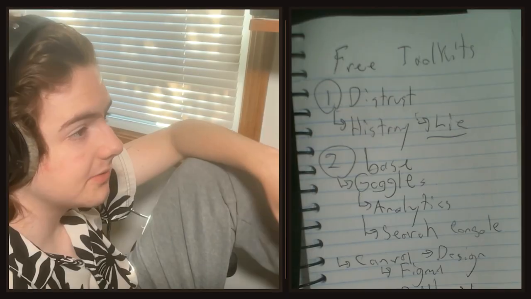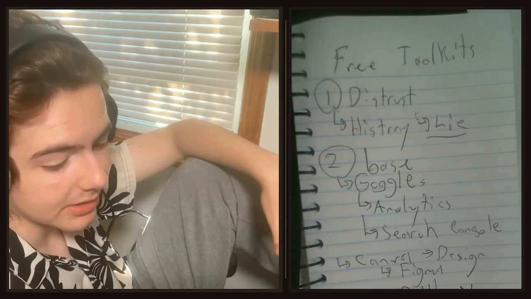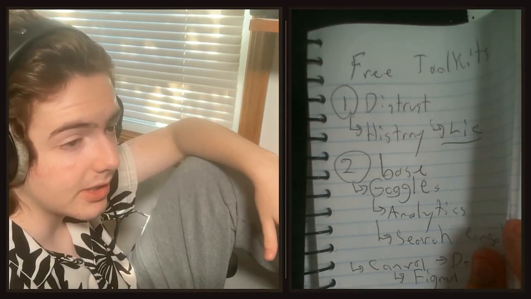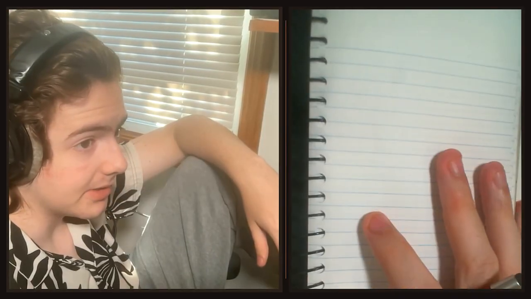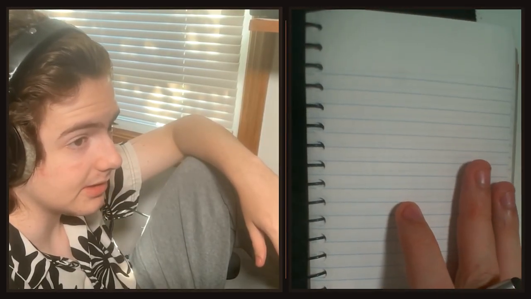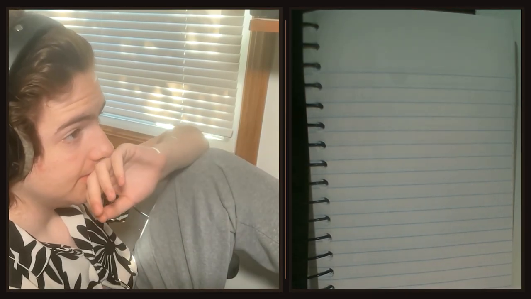So all of these free toolkits are important to focus on and just get into, right? Do you need design? Do you need a site builder? Do you need this? Do you need that? Do you want to hire somebody who knows all these tools so you don't have to learn them? If you want to do this down the road further, of course, learn them. Why would you hire anybody if it's going to cost you a lot of money? But if you don't have that much time, I understand that as well. A small business has a lot of stuff to do. So let's move on to segment 3.